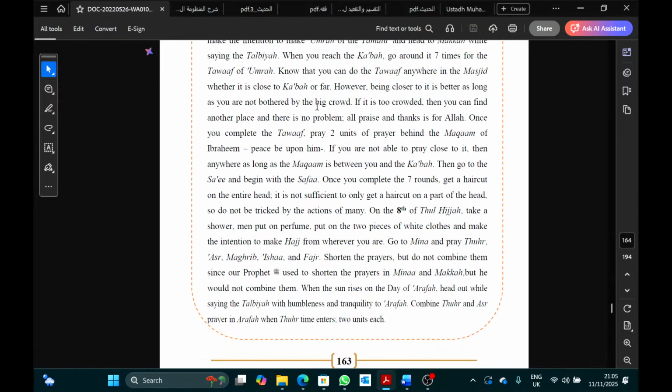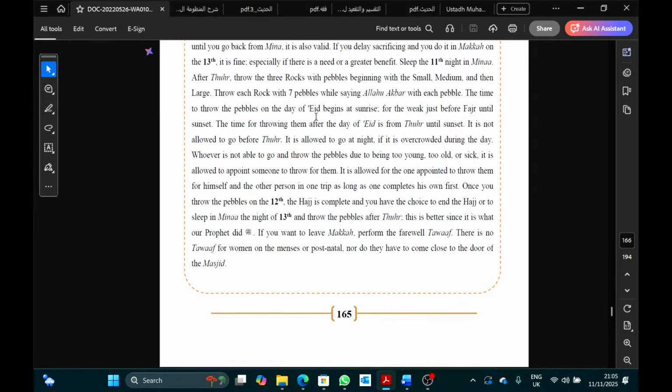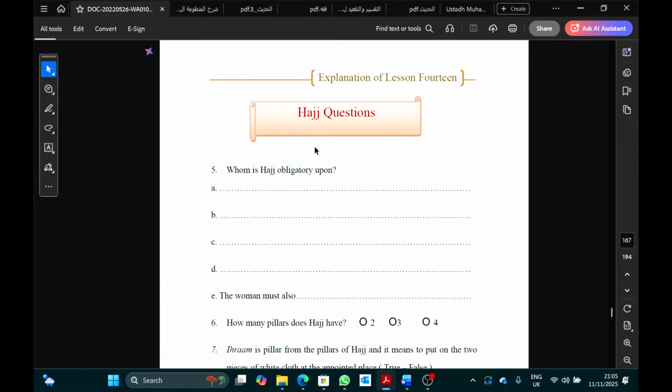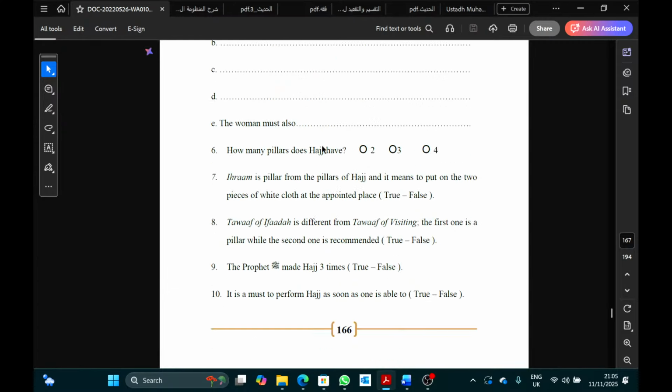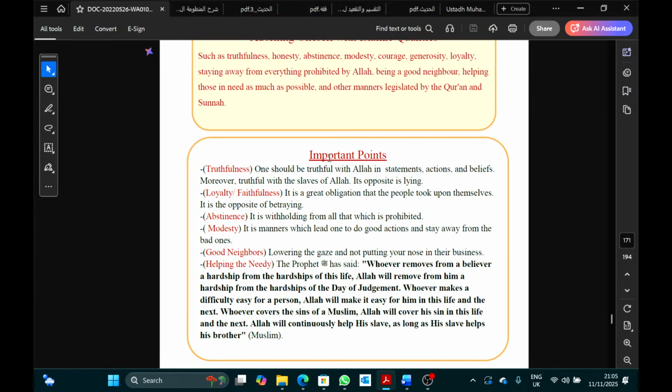The description of how to do Hajj, you can read that in your own time. It's quite long, but it covers how to do Hajj from beginning to end. So you remember I said in Salah, similar, where we took all the conditions and obligations, and then we took the description of how to do it from beginning to end. Same thing here. Obviously, when we did it the first time, we went through everything. Because this is revision, I'm going through it quickly.